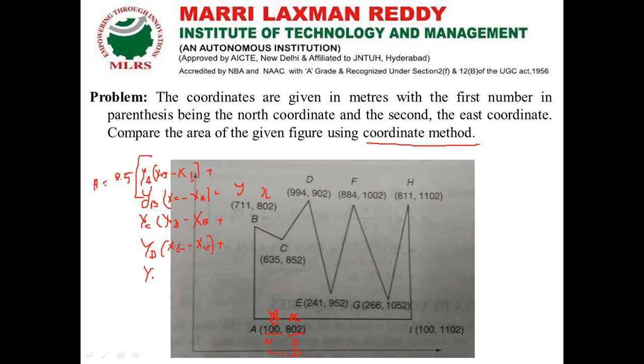Then next YE, so XF minus XD plus YF, so XG minus XE plus YG, so XH minus XF, that is next minus previous, plus YH,